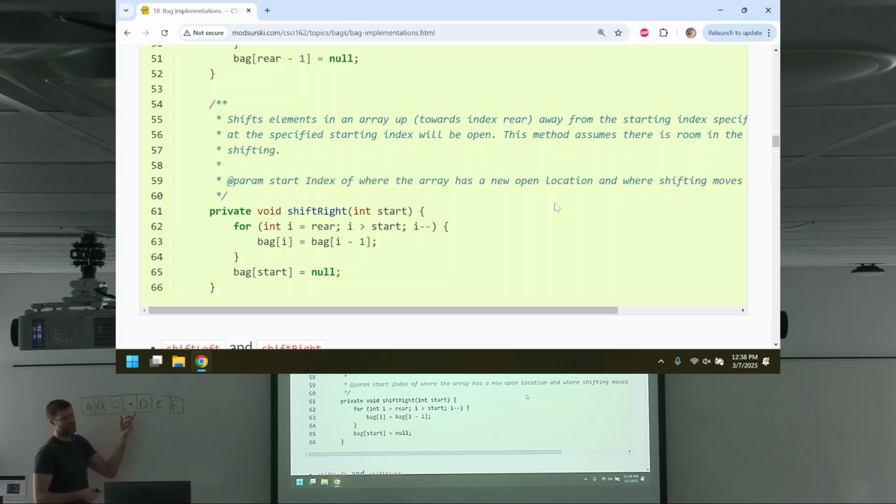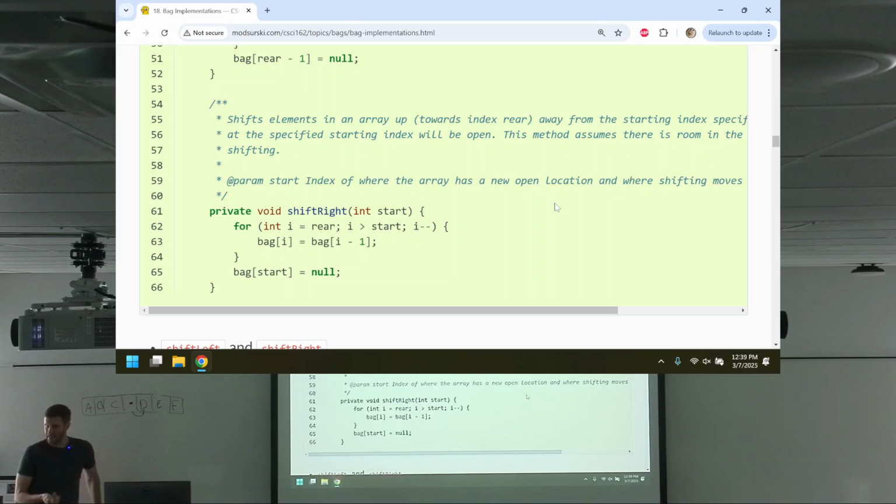So you might look at line 65 and ask, is that really necessary? Setting it to null. Because if I don't set it to null, this is what I would have after I've made room: there's this extra D. I just copied D here, but I'm leaving it alone. Line 65 says, okay, replace that with null, which I'm representing with the dot.